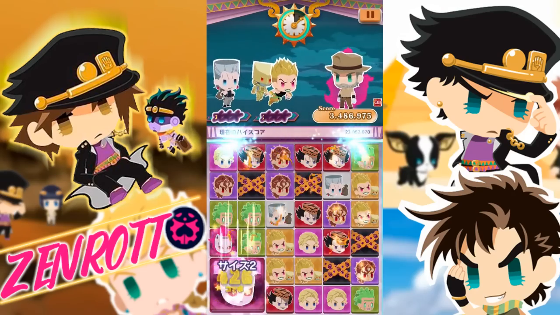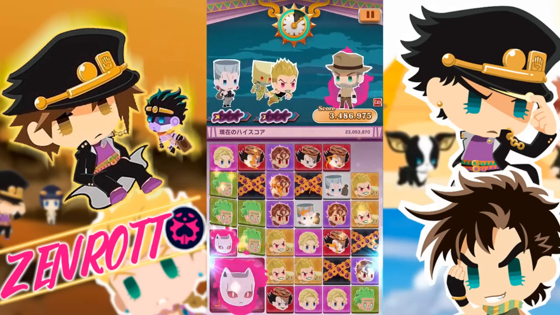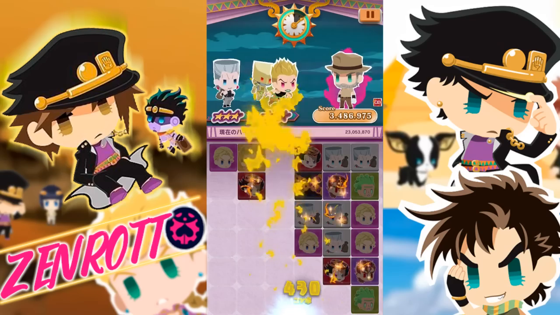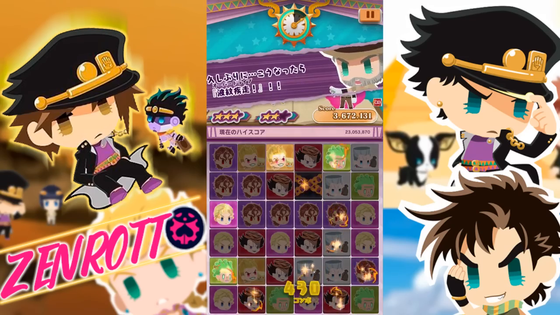I've seen people use a version of this team that has Okuyasu instead, and I think that's pretty good. It's strong. The only thing I don't like about it is that Okuyasu doesn't guarantee stand-up time after